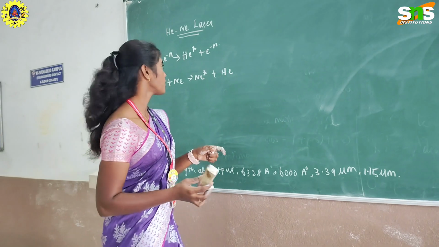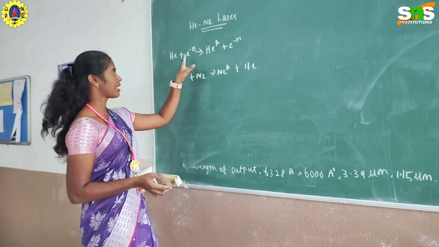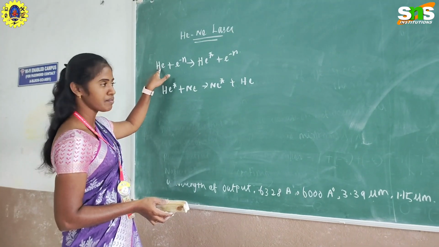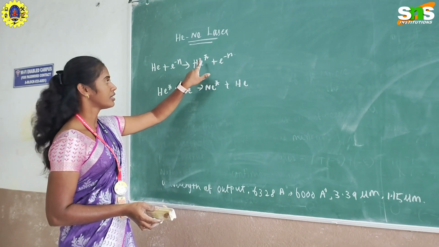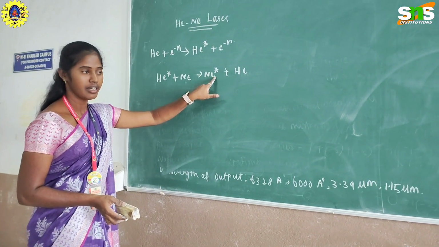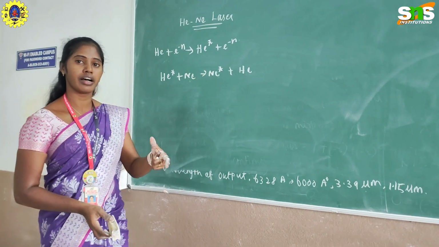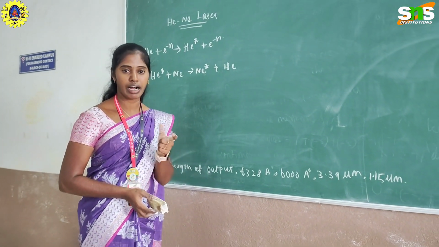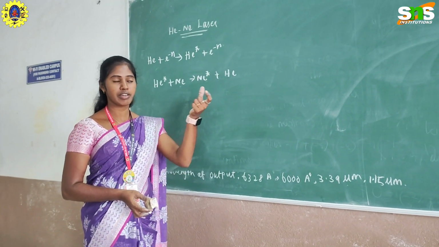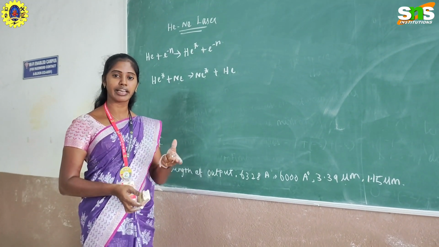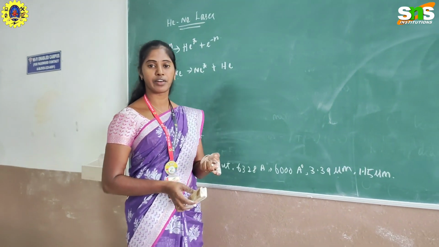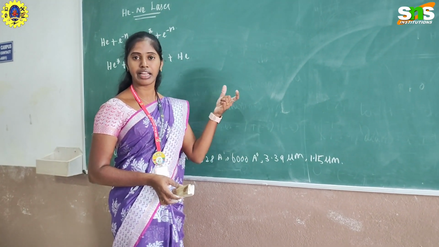In the previous video I also explained the reaction. First the electron is injected into the quartz tube, then the electron collides with helium, and the helium becomes excited. The excited helium again collides with neon, and the neon becomes excited. The excitation is due to the number of molecules in the quartz tube. While entering the electron into the quartz tube, the majority molecules are helium, that's why the helium gets excited.